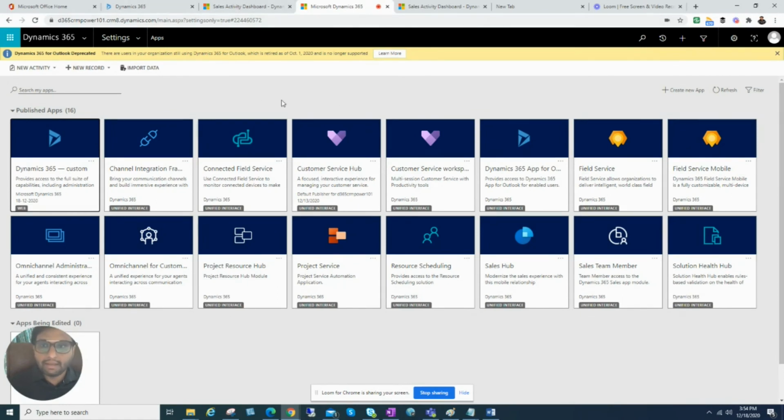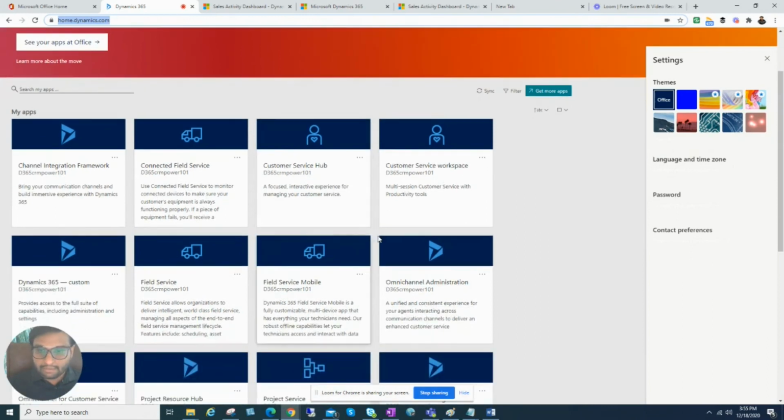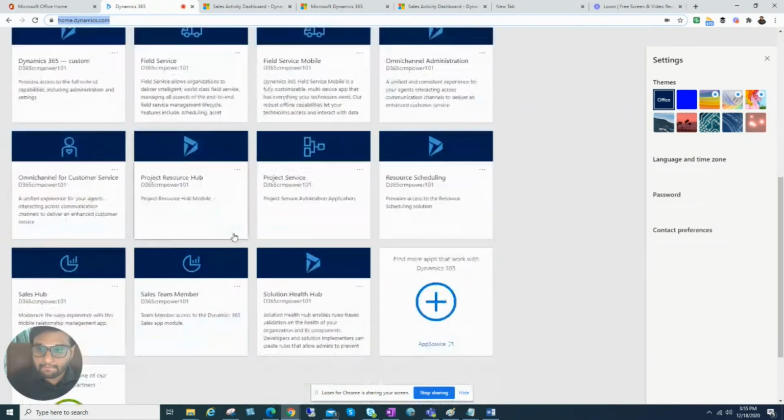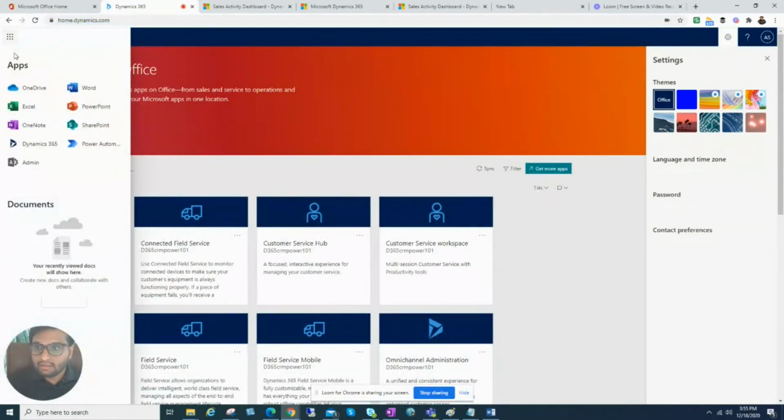And why I shared my entire screen is because I want to show one more thing. Let's say you log in with this, but you want to go to home.dynamics.com. Once you click on home.dynamics.com, you can see all the apps this way, on a big screen. And here by default you can see your admin panel.